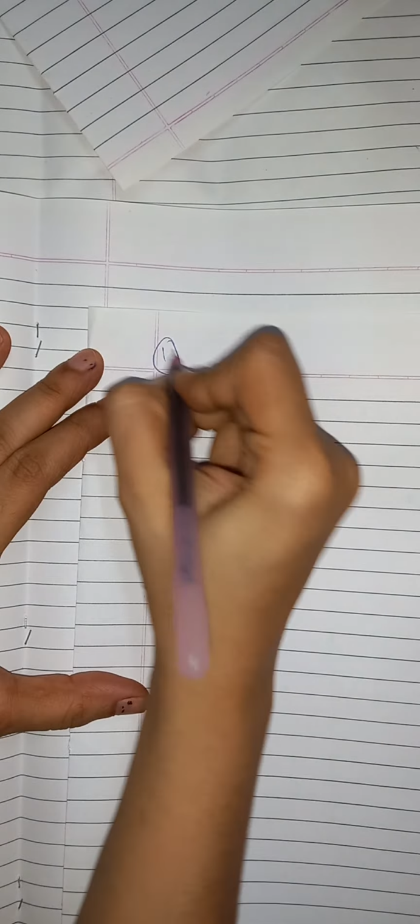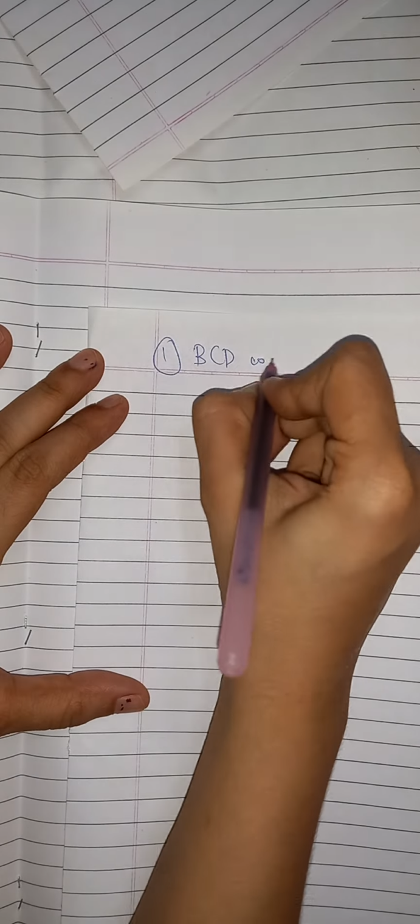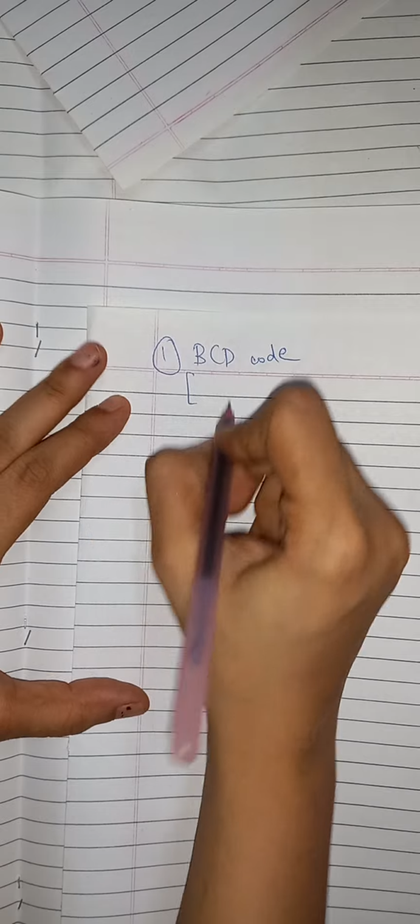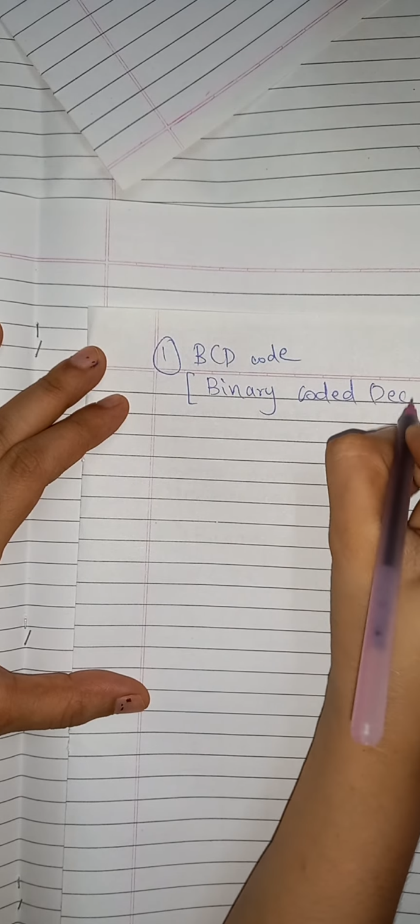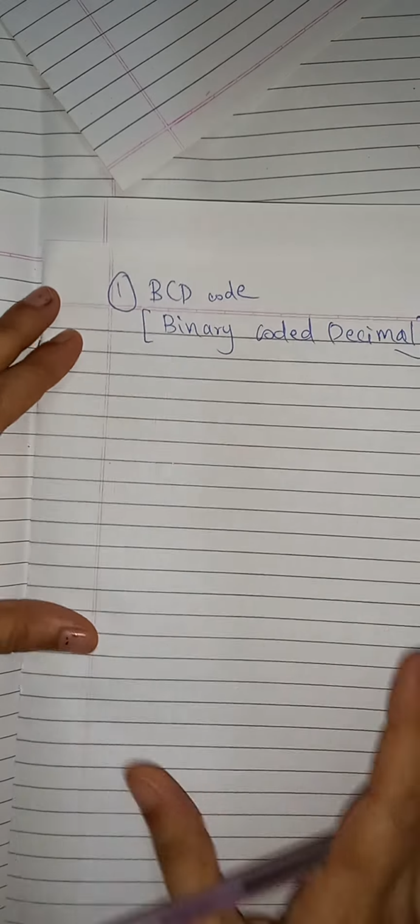Now today I am taking various codes. The first is BCD. What is BCD? The BCD code system is nothing but binary coded decimal. In binary coded decimal,